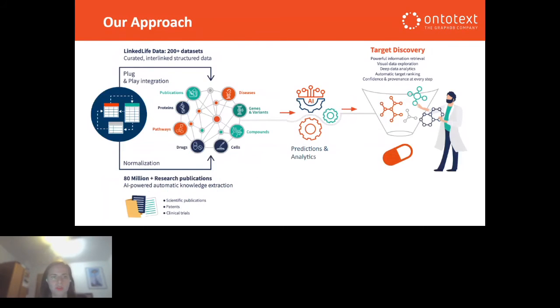So what approach do we take? As you can already imagine, we're using the LinkedLifeData inventory. Currently, it contains more than 200 data sets which are integration ready. Actually, our solution uses way less than that because it's not necessary to integrate all of this, but our customers have their full options, so they can choose what to integrate. Oftentimes, they choose about 30 of these data sets or even less, and they prefer to integrate also their own